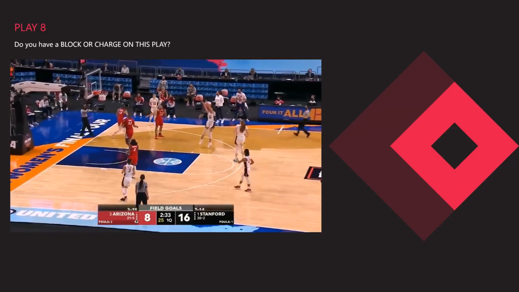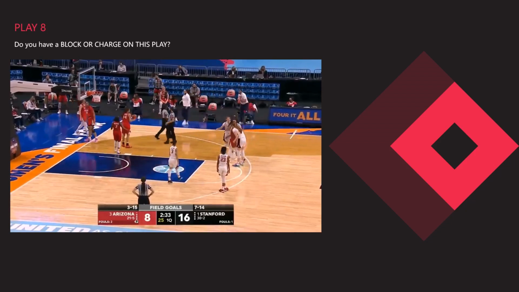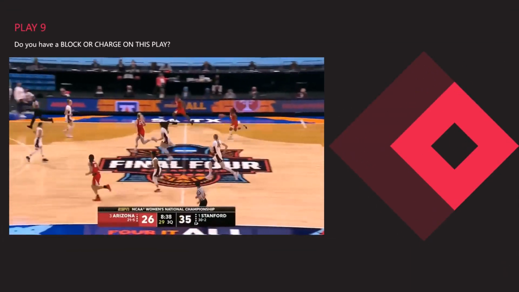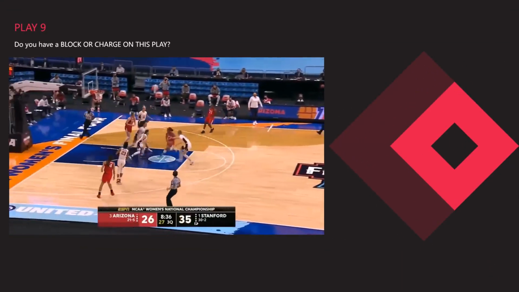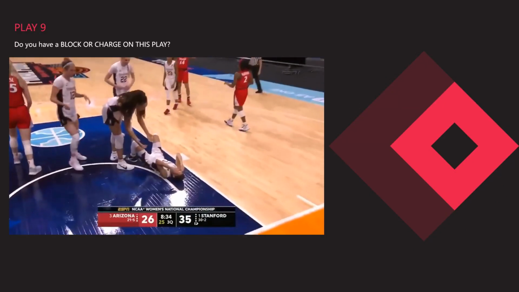Here is Jones, and that's going to be a blocking foul against Playo, the 13th foul against Arizona. We saw that in the first half, now here in this second. Brink on an island with a smaller defender. That's going to be a blocking foul against